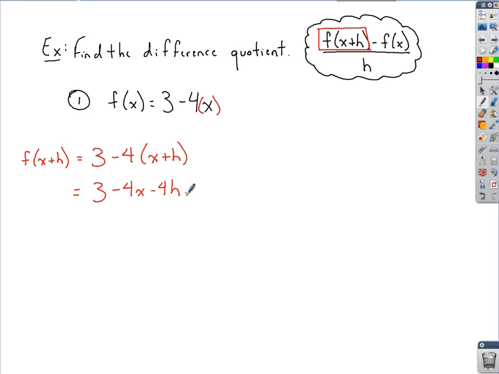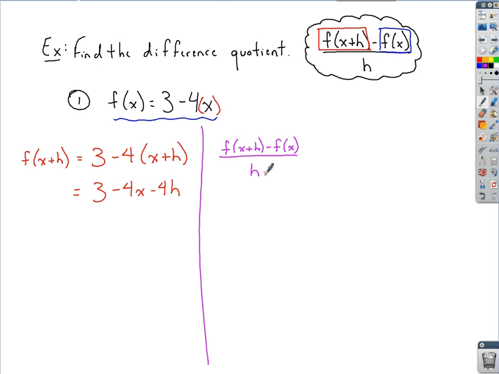Now the other piece of this puzzle is the f of x part. Since that's just f of x, we've got f of x right up here. We know that f of x is 3 minus 4x. So if I want to put this all together to figure out what f of x plus h minus f of x over h is equal to,